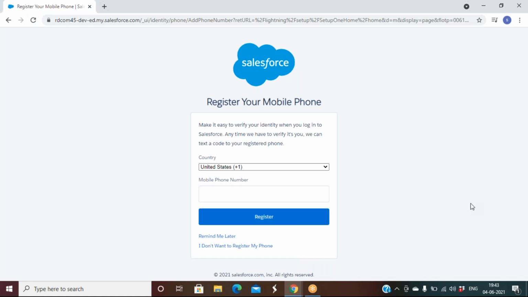So the OTP, the verification code, you can get on your email ID, and if you also want a copy on your mobile number, enter your mobile number. Anytime we have to verify it's you, to verify your identity, your login to Salesforce, we can text you a code to your registered phone number.